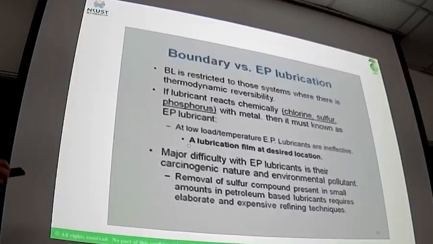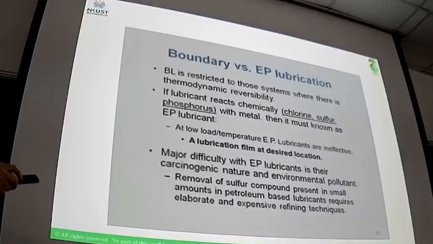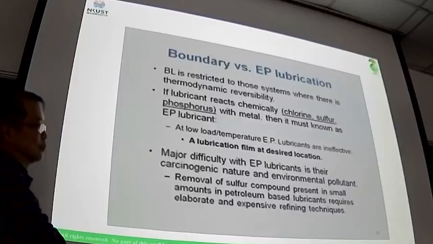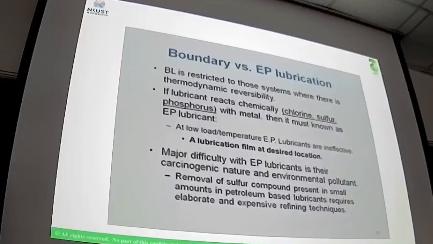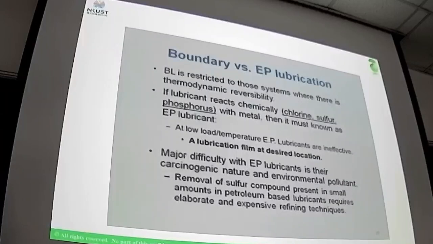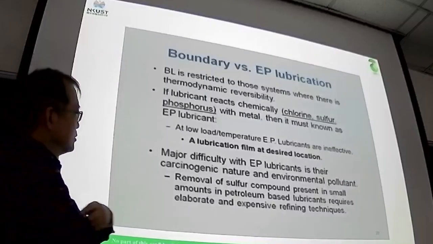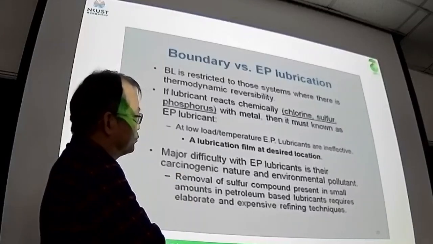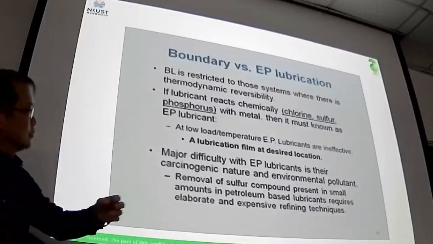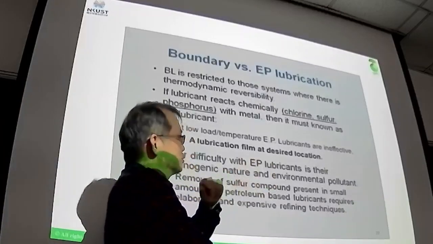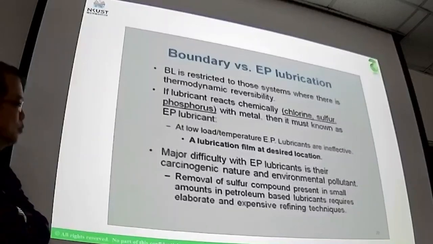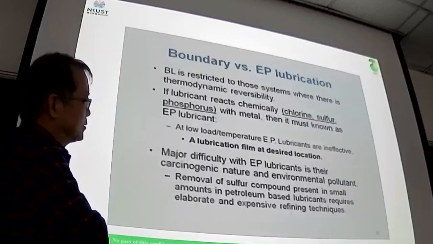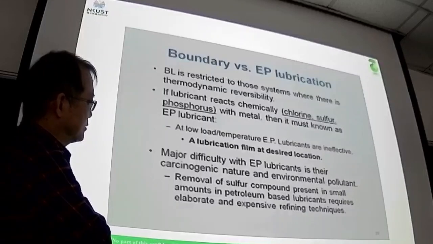So a lubrication film is designed at a designed location. If the load and pressure are not high enough, basically EP lubricants cannot work. So the major difficulty with EP lubricants is their carcinogenic nature and environmental pollution. Usually EP lubricants can cause cancer and create environmental pollution problems. The biggest problem is this: for extreme pressure additives, removal of sulfur compounds present in small amounts in petroleum based lubricant requires elaborate and expensive refining